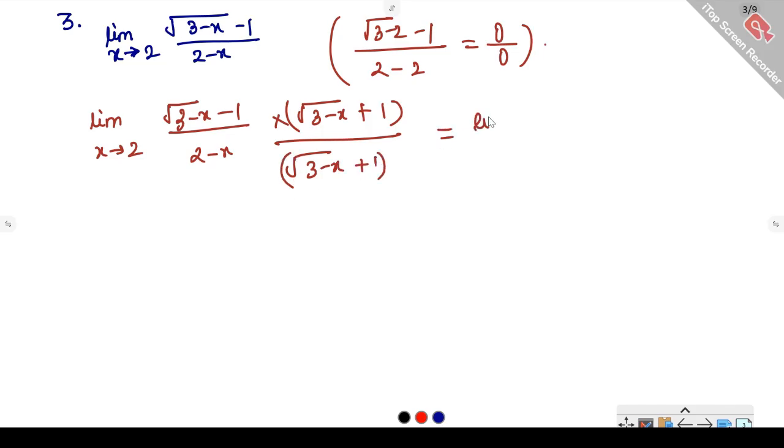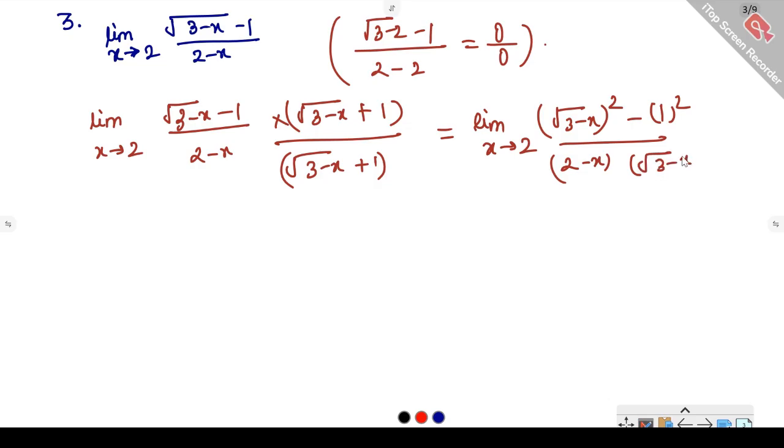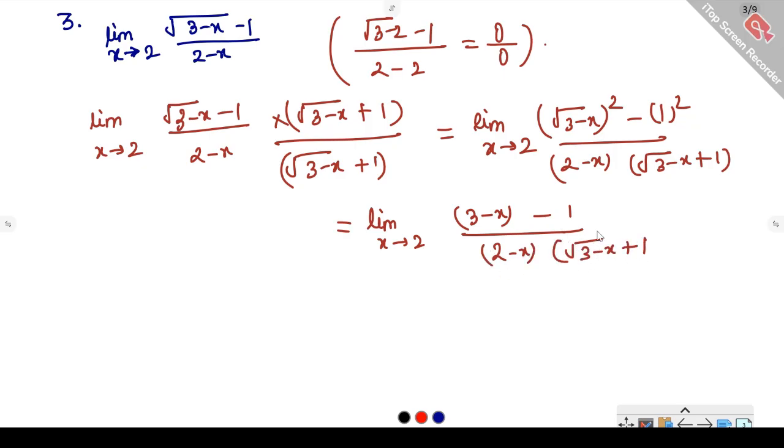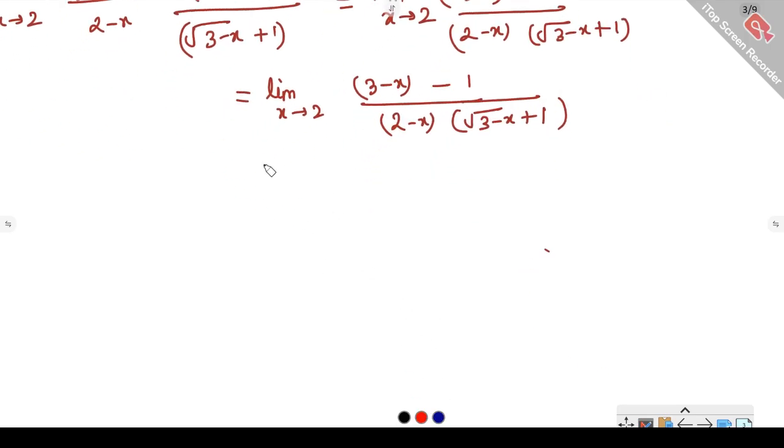Now this quantity is limit x tends to 2 of (square root of 3 minus x) whole squared minus 1 squared, over 2 minus x times (square root of 3 minus x plus 1). So this equals limit x tends to 2 of (3 minus x minus 1) over (2 minus x) times (square root of 3 minus x plus 1). Now simplifying the numerator,